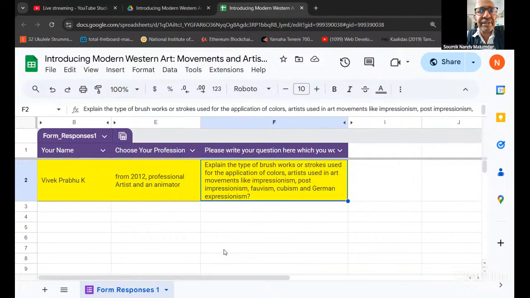Now, what does it mean? It clearly means that if a painter is following academic rules and regulations, the academic norms for application of colors or using the brush, so in that case, the